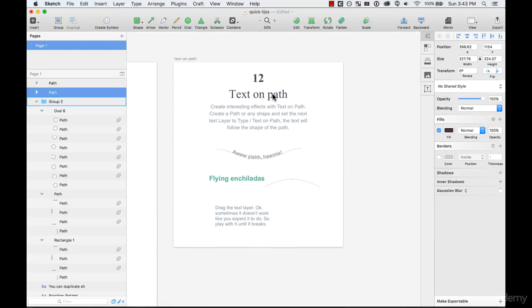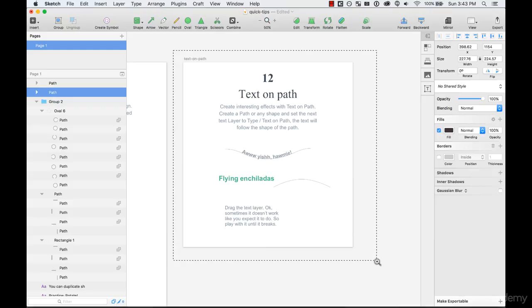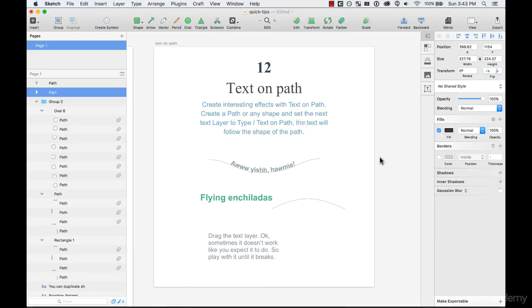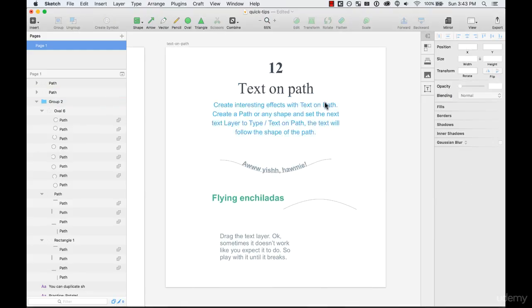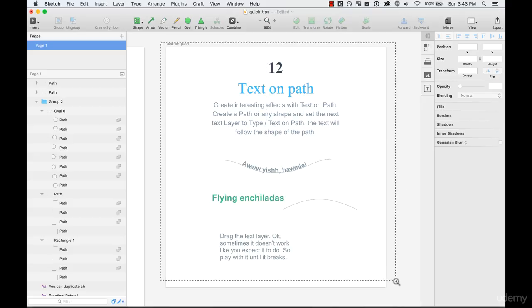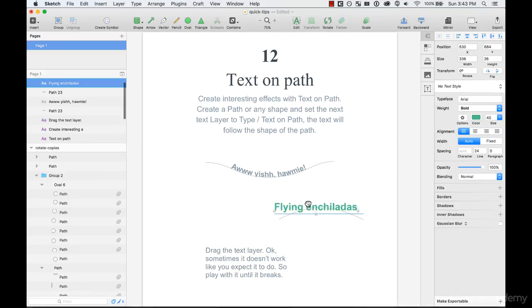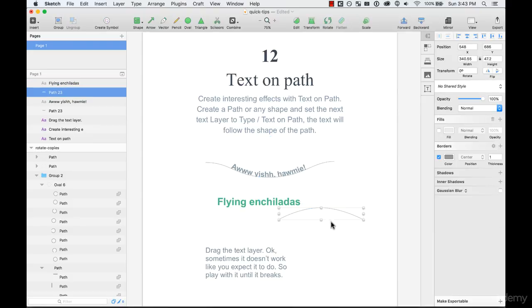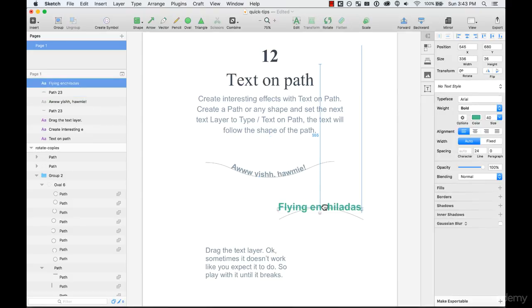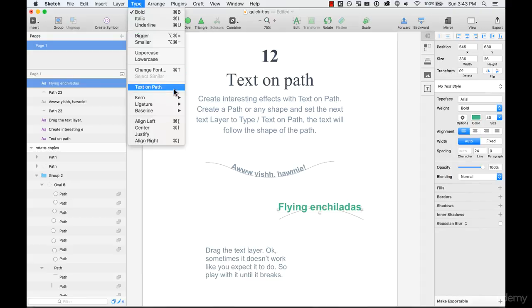Cool. So let's move on to the last but not least tip. Text on path. Something that you have probably been able to do in Photoshop or Illustrator if you're familiar with those programs. Sometimes you create a path and you want your text to be on the path. It's really easy to do. For example, I created this path over here. What I want to do is put that text here. So I select the text layer